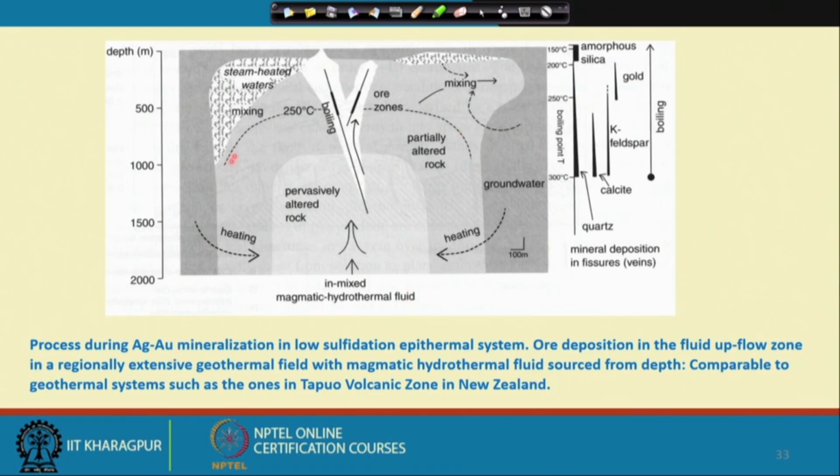So, what is basically inferred from these deposits is that they are more akin to the geothermal systems which operate in some of the active geothermal systems like the Broadlands-Ohaaki geothermal system in New Zealand on the Taupo volcanic zone,